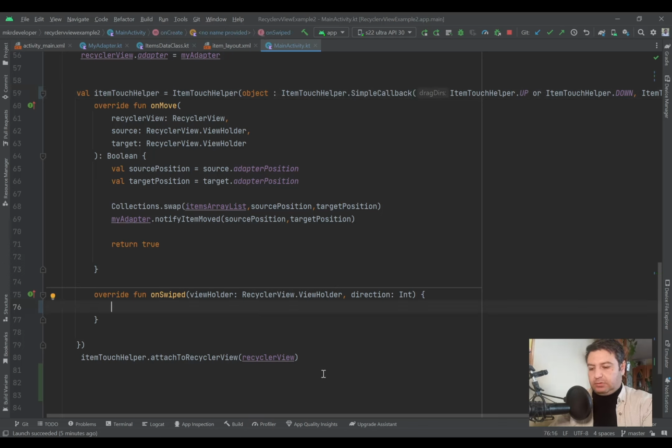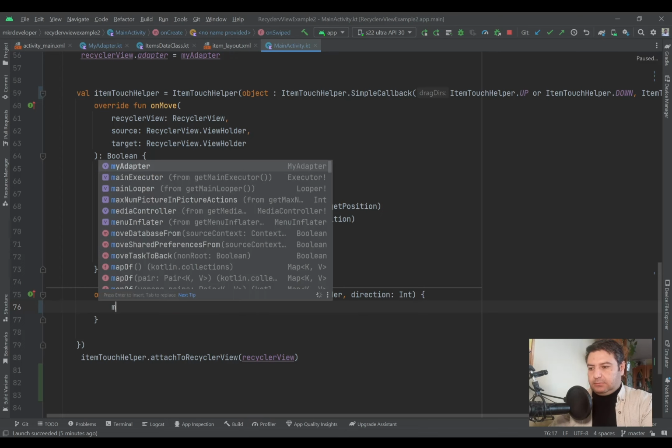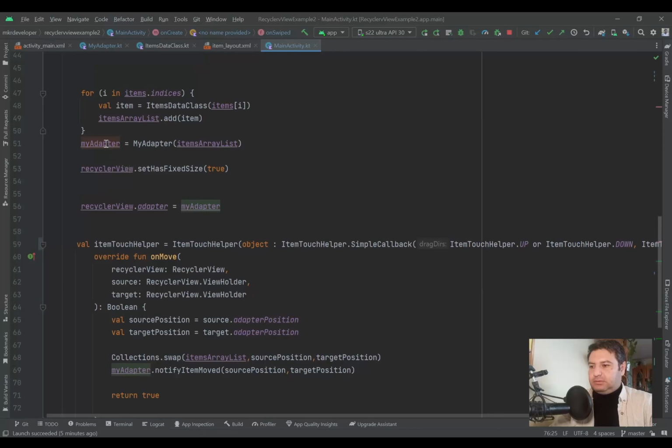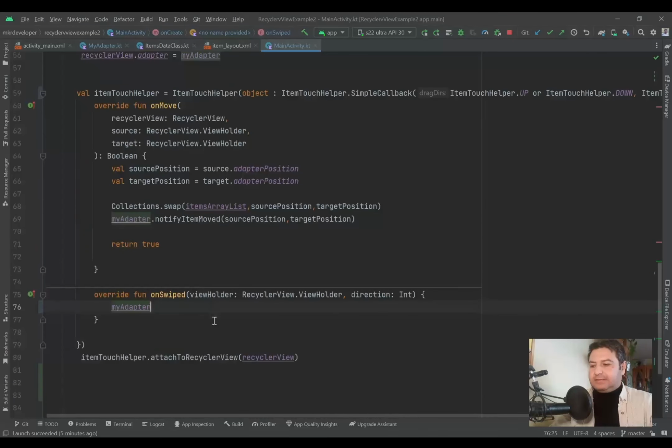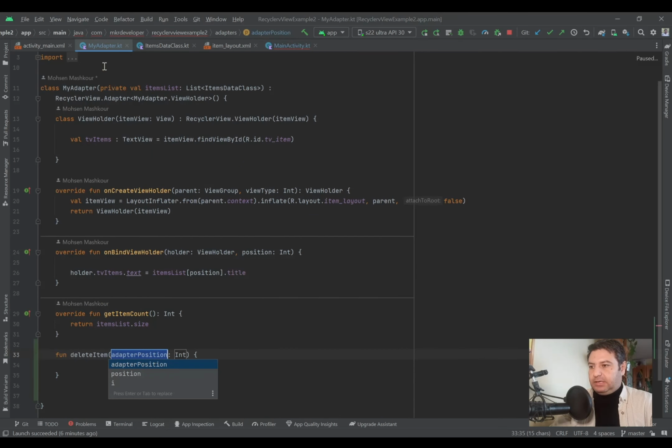So here I'm going to write my adapter, which was this instance of the adapter class, dot delete item, and I'm going to pass this view holder dot adapter position, and it says that I don't have such a function in my adapter, so I'm going to click on it and it will create this function for me in